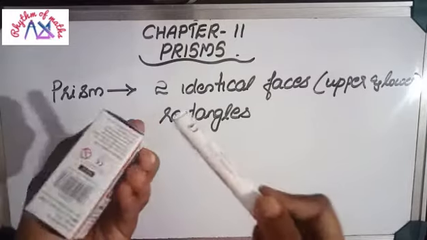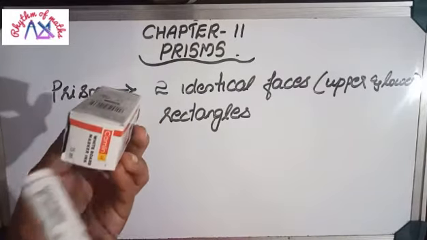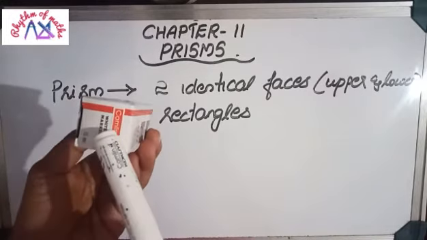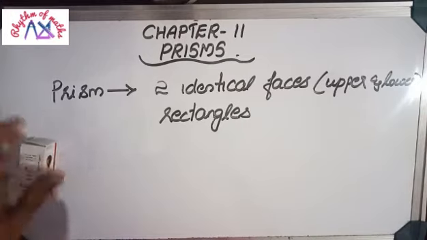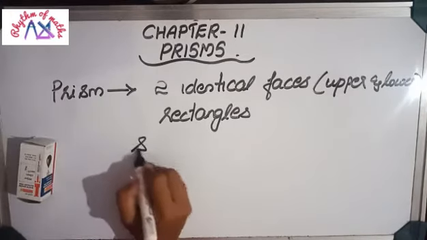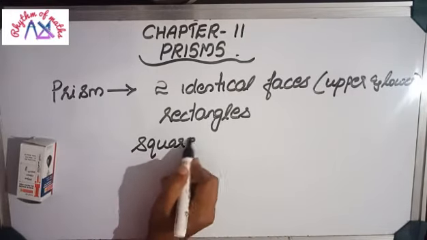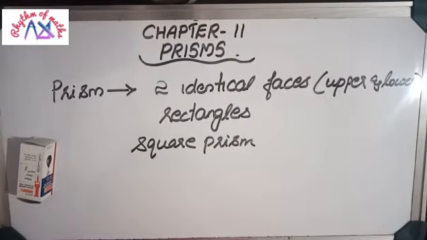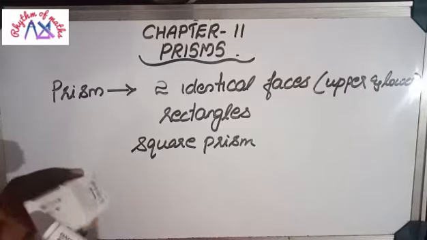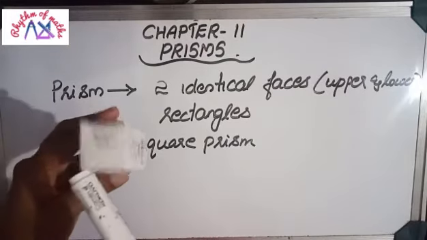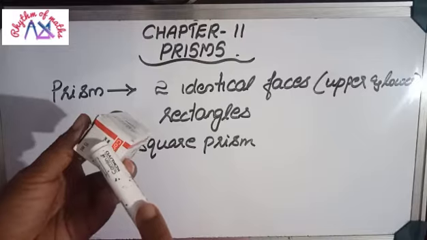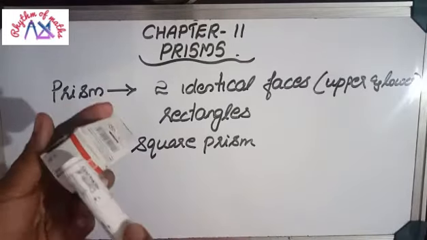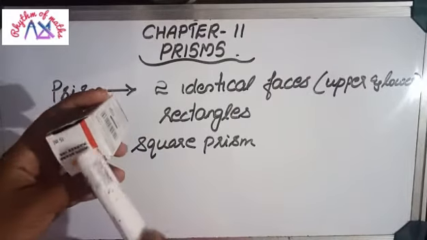According to the shape of the base, we will give the name to this prism. So here bases are what? Square. So this prism is an example for a square prism. It can be any polygon. Depending on the base we will give the name. Instead of this square, it can be a triangle, a rectangle, a hexagon, a pentagon, any polygon. According to that we will give the name. So this is a square prism.